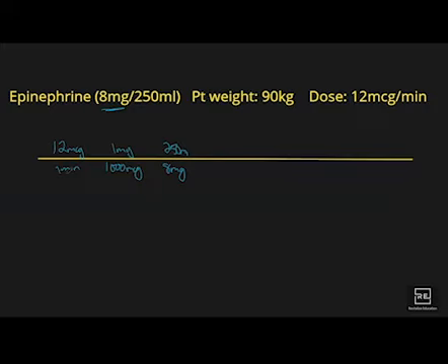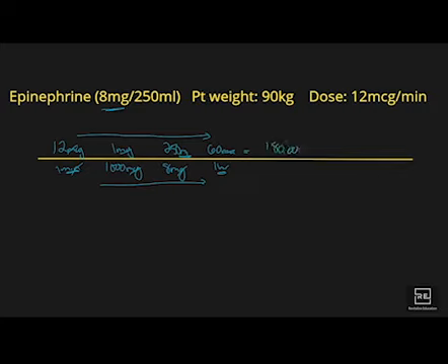And again, we still have minutes here. We need to convert that out. So you have 60 minutes in 1 hour. You can start canceling out some milligrams, mics, minutes, and minutes, and we're left with just mLs per hour. So at this point, we can multiply everything on the top and everything on the bottom. And when you multiply that out, you end up getting